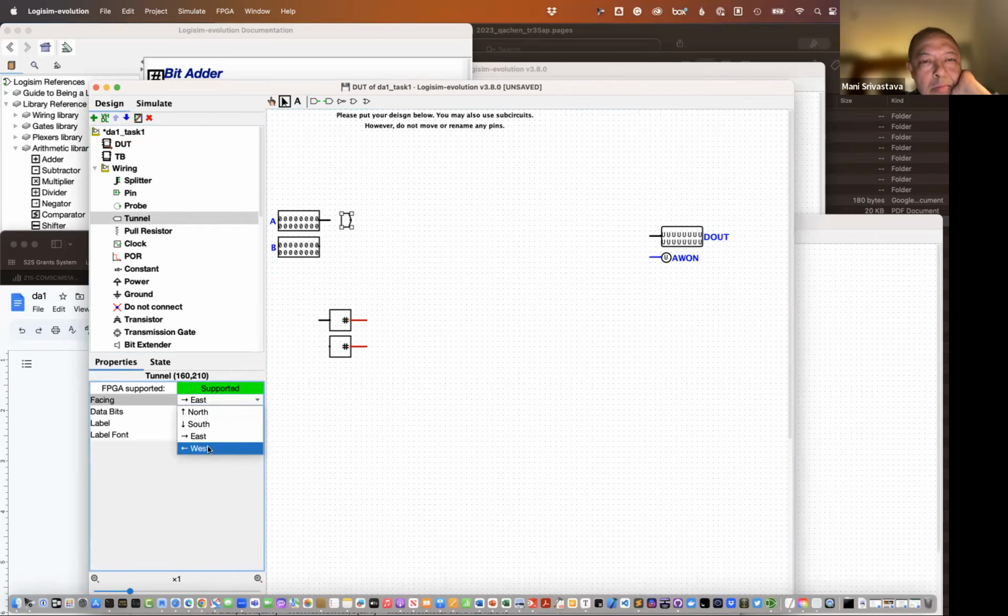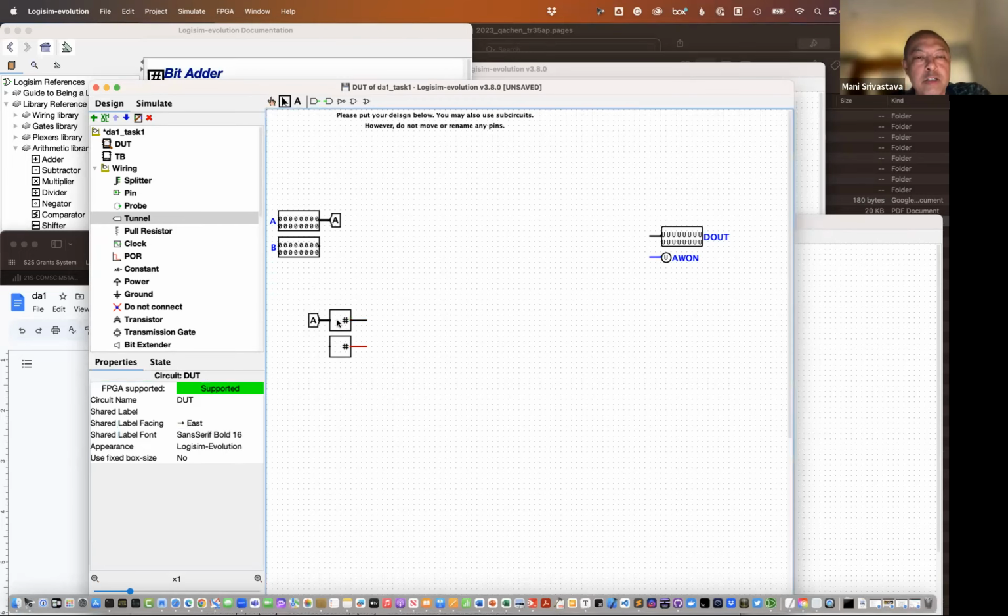So like a west-facing tunnel, and another tunnel which goes out here. I have to make the tunnel 16 bits. This tunnel 16 bits, and give the tunnel a name. That way I can draw the circuit without messing things up. So anyway, these are some of the stylistic things that you could do, but the crux of this problem is